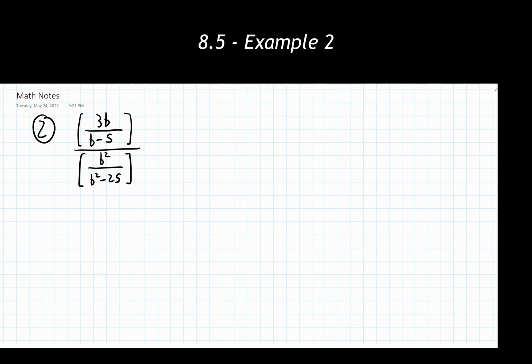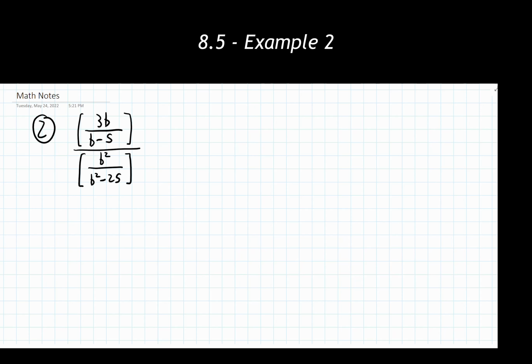So my first step, going back to my suggested process, simplify the numerator and the denominator individually. So I'm looking at my numerator here and I'm wondering, can I really simplify anything down? There's no multiplication, there's no addition or subtraction of fractions, so I really can't do anything with the numerator. It's already fully simplified. I then look to the denominator and say, is there anything I could simplify with that? There's no addition or subtraction happening there either, and I can't factor anything in the numerator and the denominator spot. So, okay, I am done.